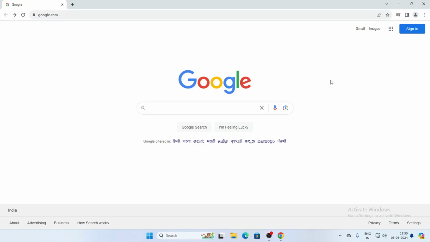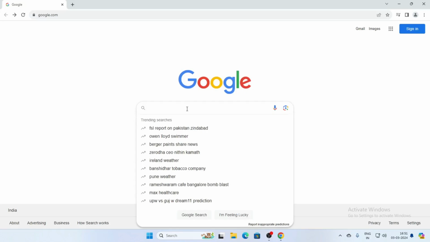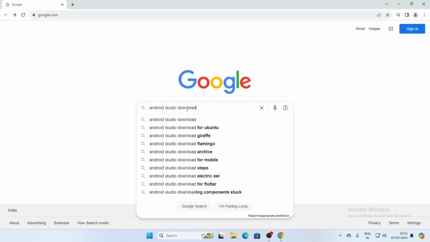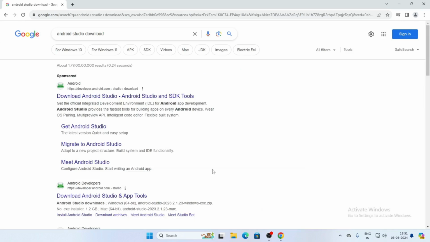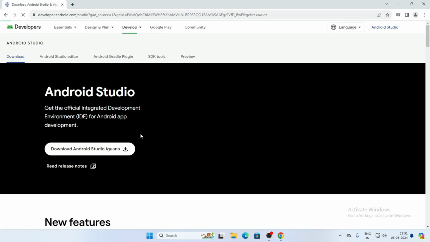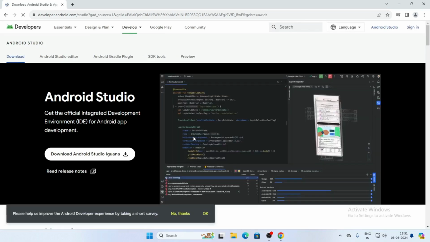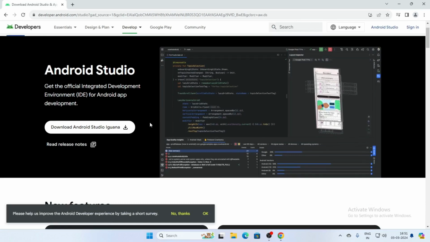First open a browser and search here Android Studio download. And click on the first link. And here is the Android Studio. Click on download Android Studio. Click here